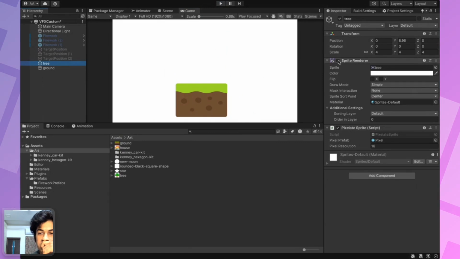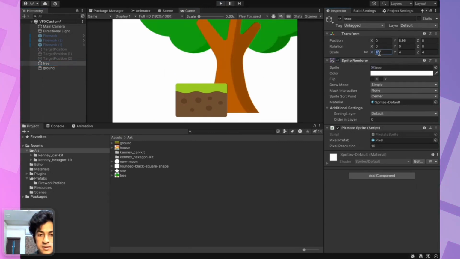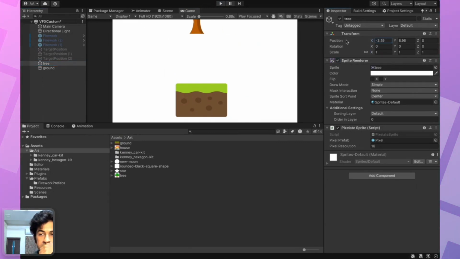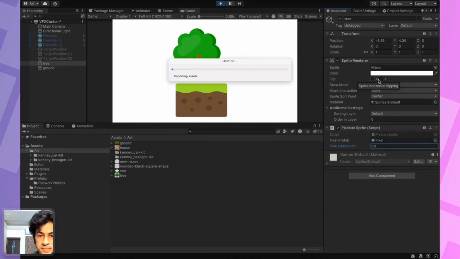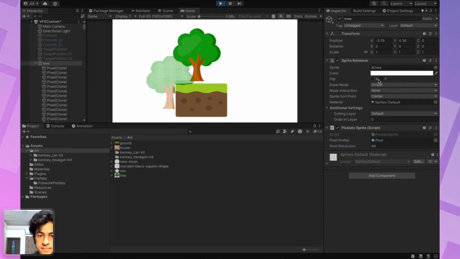So this is how the tree originally looked, down here. And we can increase the resolution. It is starting to lag because we have so many pixels on it, but you get the idea.